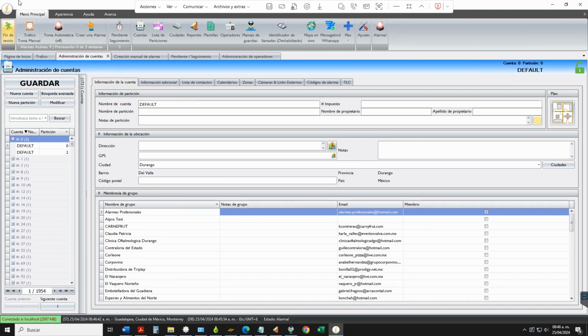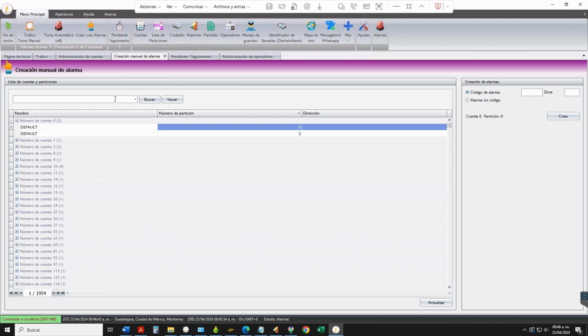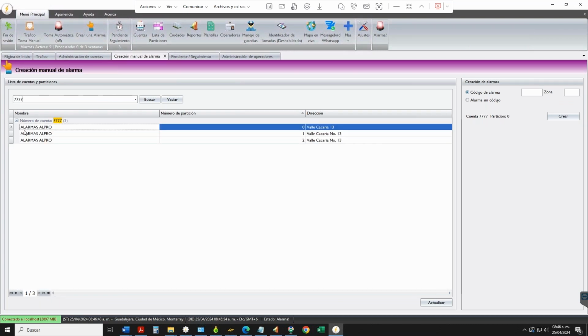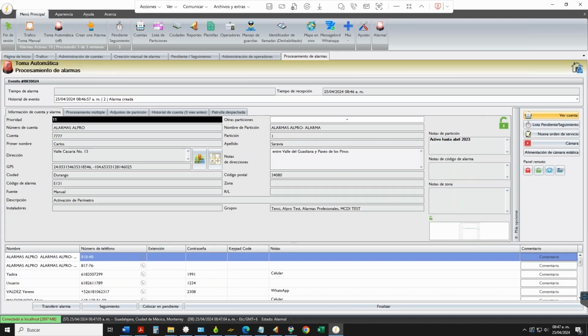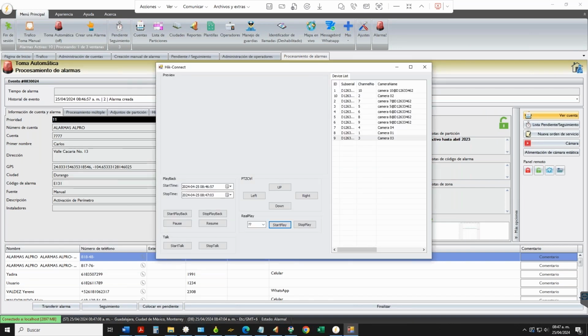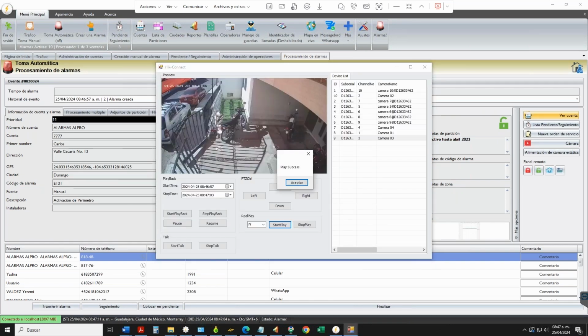So to finish, just let me create an alarm again that I'm doing manually. I'm using contact ID codes. So at the time when you receive this event from an alarm panel, the idea with Securitor is to also check the cameras. And so, as I said before, if it's a PTZ, you can also move the camera